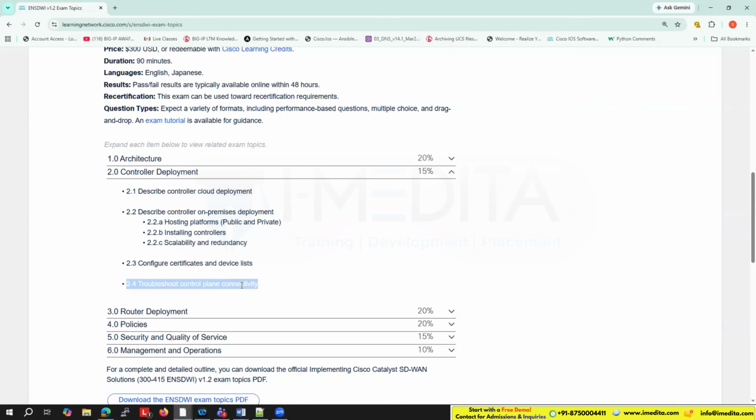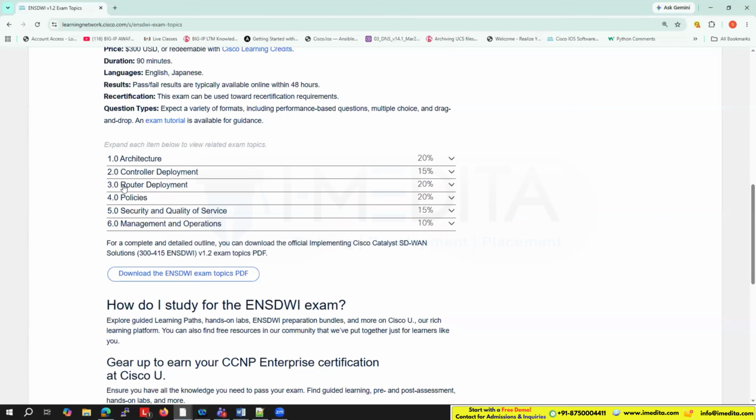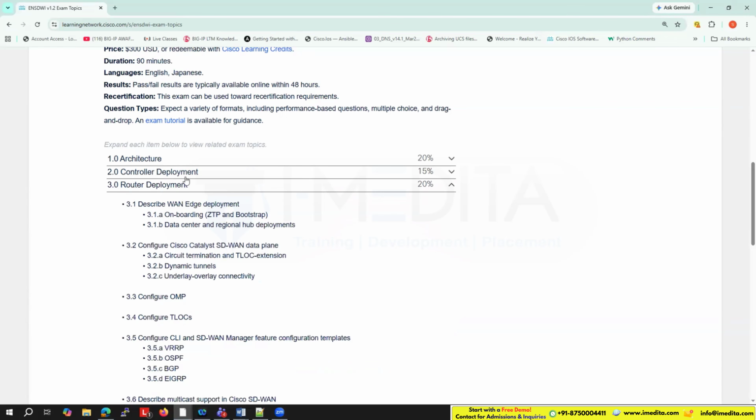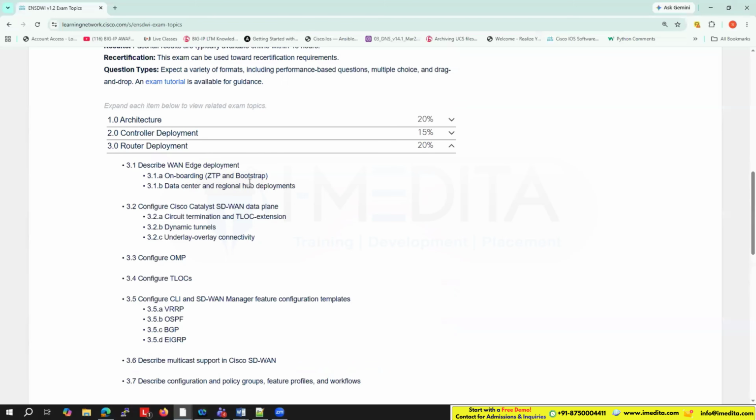So we will learn that in case control connections are not coming up, how to perform that kind of troubleshooting, right? So we will also learn that. So that's about module 2.0. Once we are done with module 2.0, then we're going to start with module 3.0,